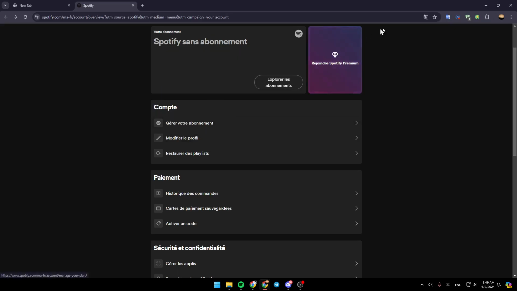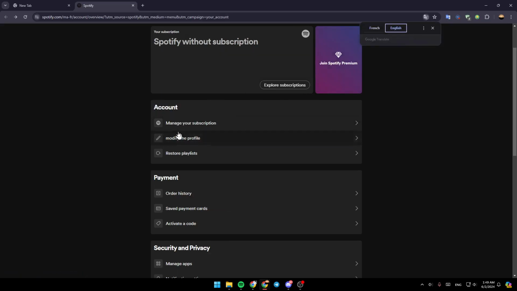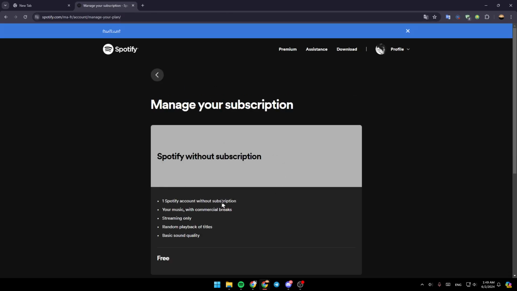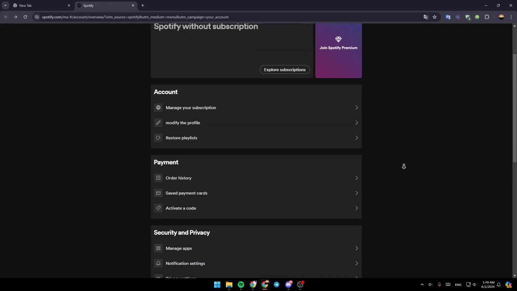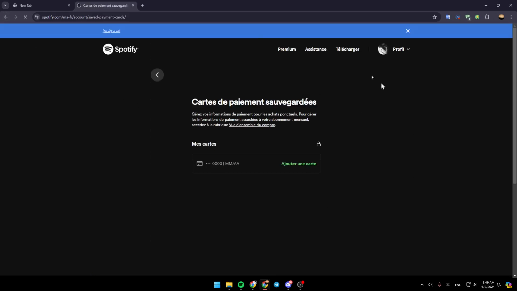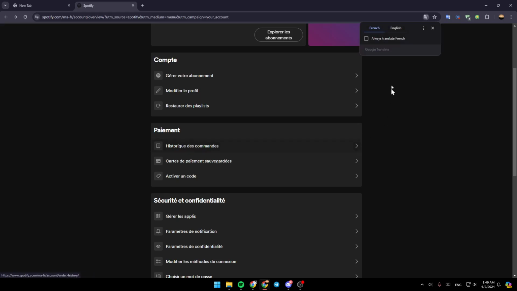If you are, just go to the first option, manage your subscription. And then once you're here, you're going to find your current subscription and you can easily cancel it from here. Once you cancel it, go right here to saved payment cards and remove your card. Then you won't